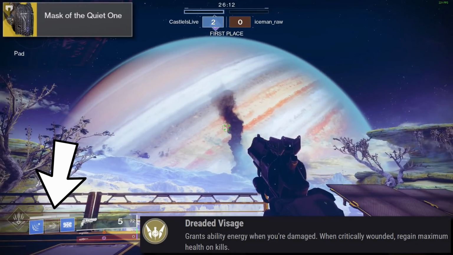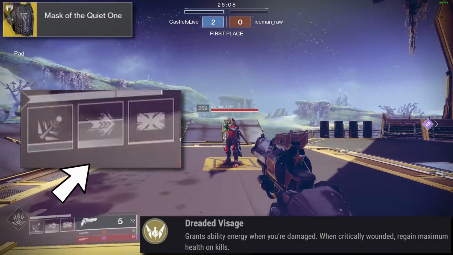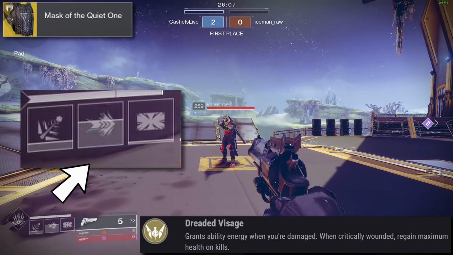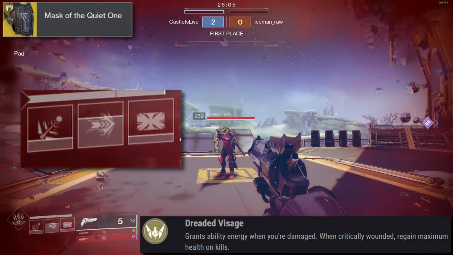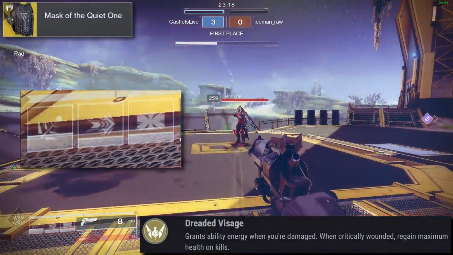Next up is Mask of the Quiet One. Ability charge boosts when you take damage and health regen if you kill while critically wounded. Notice when he hits me with the hand cannon, it boosts all three abilities, but on the second hand cannon shot it doesn't. We tested this quite a bit, and it seems there's anywhere from half to 2/3 of a second cooldown, which makes sense because if it procced off every bullet from an SMG, for example, it would be